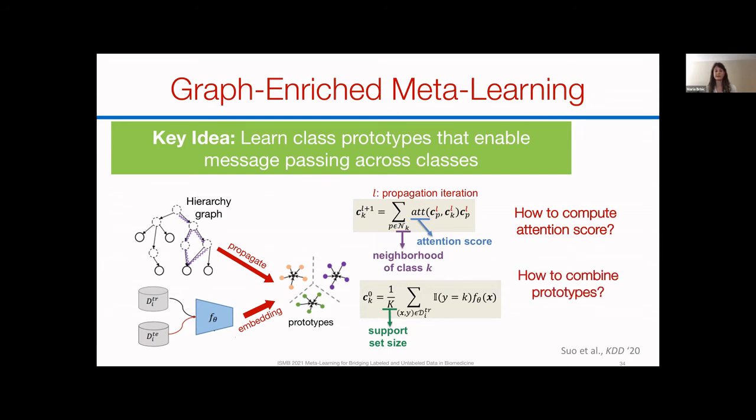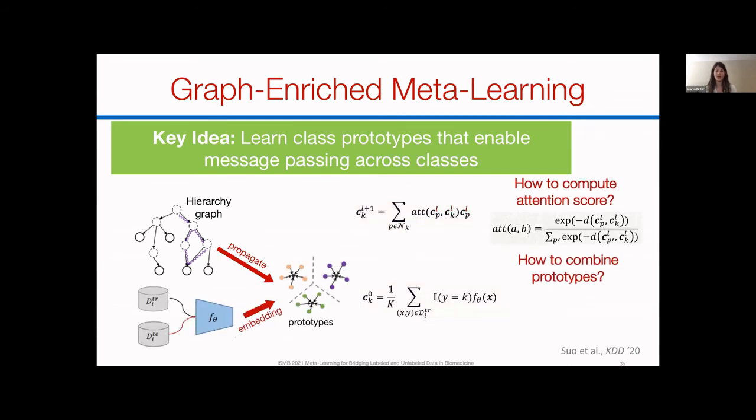So the proposed way to compute attention scores in this paper is based on the distance between the neighbor embedding of the prototype and the current class prototype. In the paper, the distance function is the cosine distance, but you can also use other distance functions. And the attention score we will again normalize over all neighbors of that class. So this means that the intuition is that the closer the neighbor is to the target data point, the